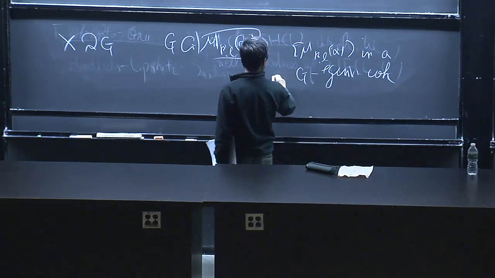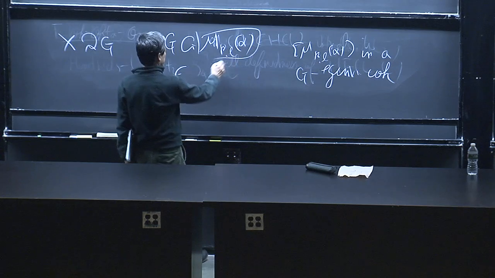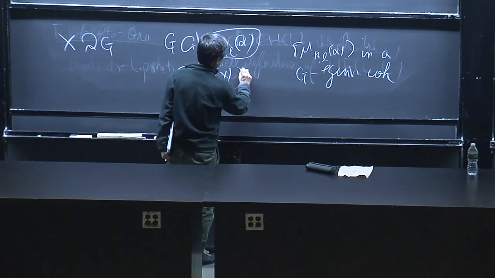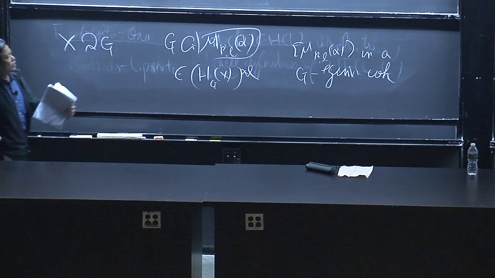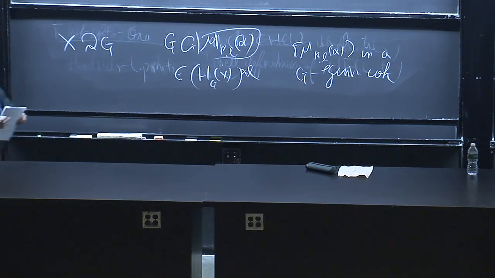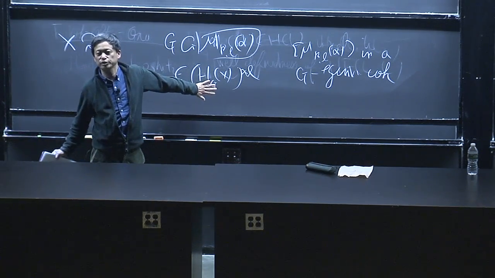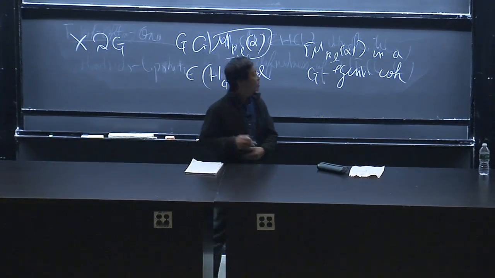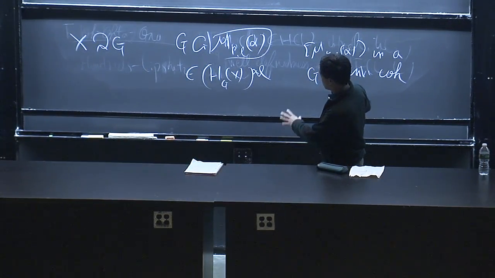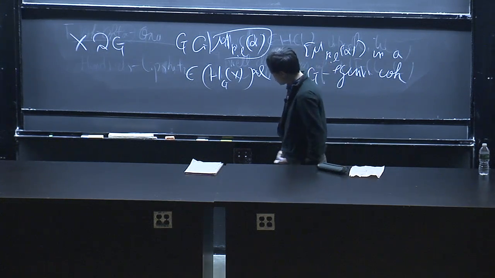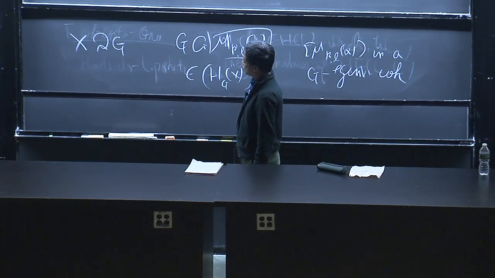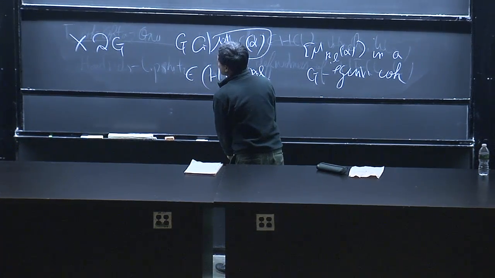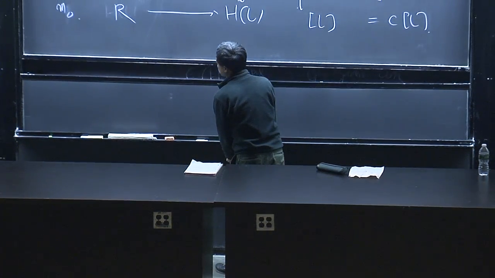For example, say in a cohomology, G-equivariant cohomology tensor L. So usual Gromov-Witten theory, we can just do it in a usual cohomology group, but we want to do it in a G-equivariant way. And that is somehow the problem with this Gromov-Witten theory. But in Lagrangian Floer theory, you will see similar problems.